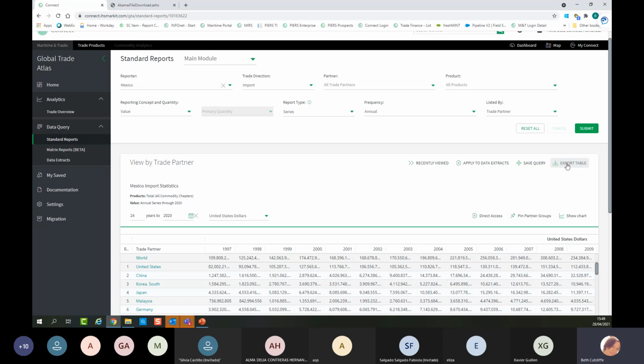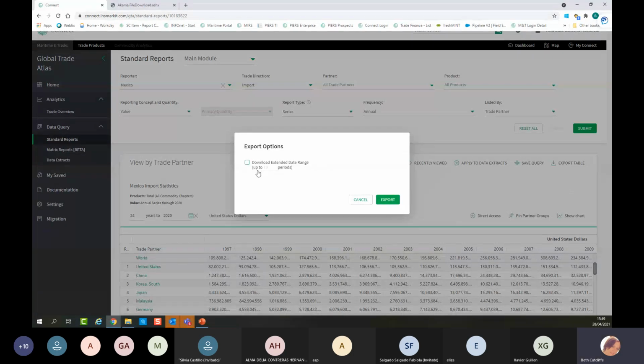So we have an export table button just here. So if I export, I can take it to Excel static, which is a standalone Excel file. We can take it to comma separated or to an HTML file. So if I go with my Excel file here,